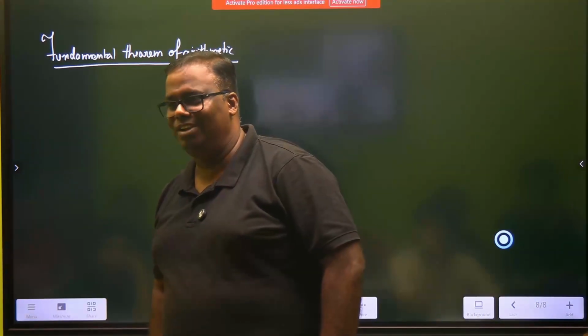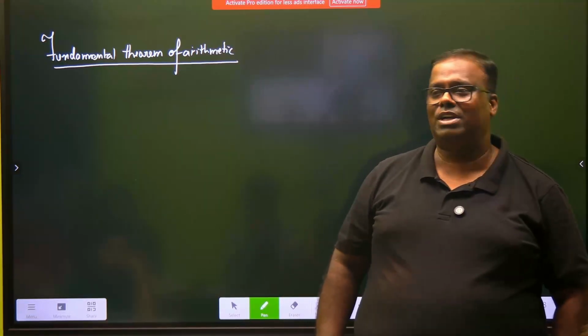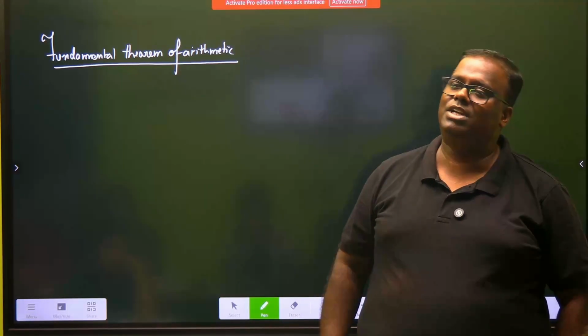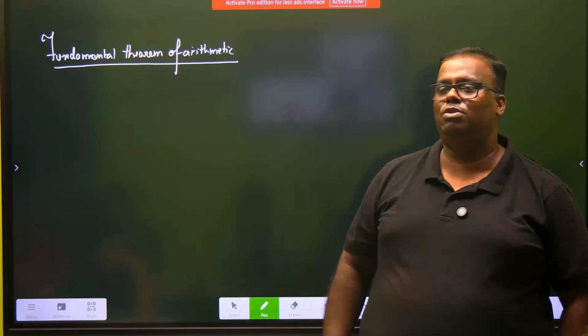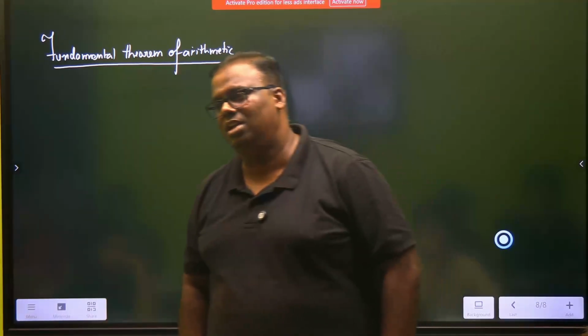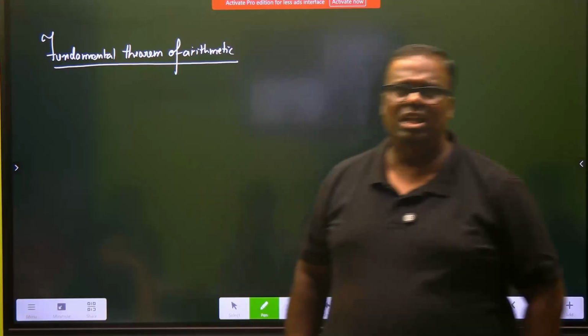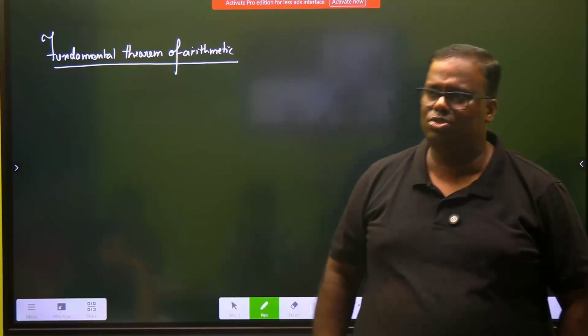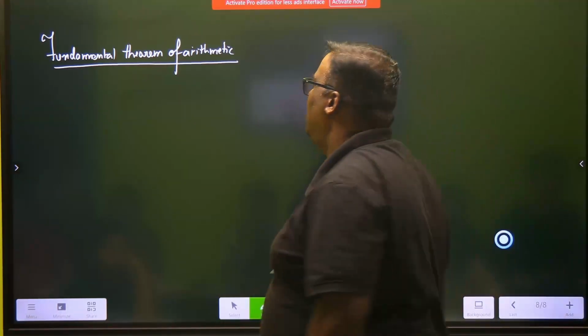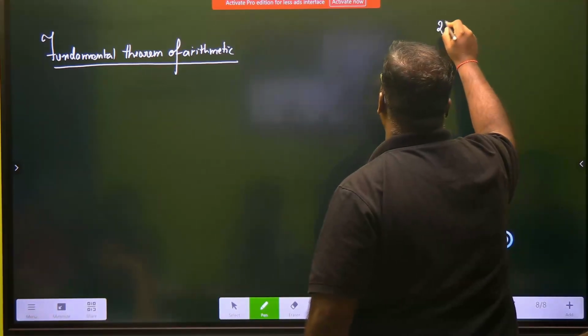Now put on your English hat and try to put it like a theorem. Every composite number can be factorized into its primes, and this factorization is unique. What might differ is the order in which the prime factors are presented to you. Is everyone familiar with this? Understood? So let's say I take a composite number, say 28, which is a composite number,